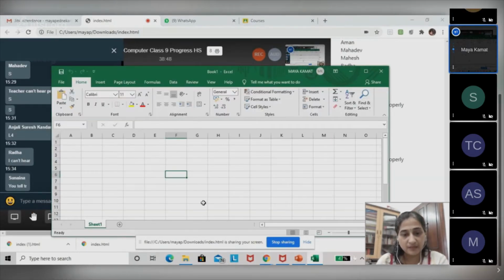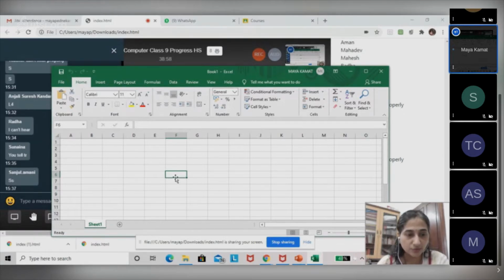Now, when we say active cell, it is the cell in which you have clicked. Why is it active? Because since I have clicked onto this cell, only that cell is active currently and I'll be able to type in it. Whatever I want to type, I'll be able to type in it, may it be text or numbers or a combination of the two.